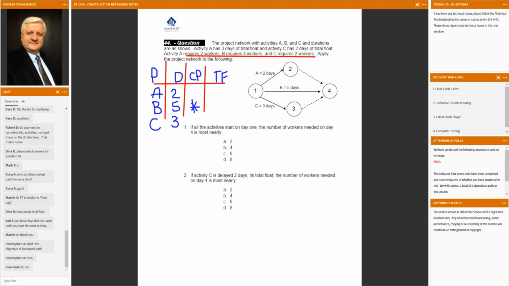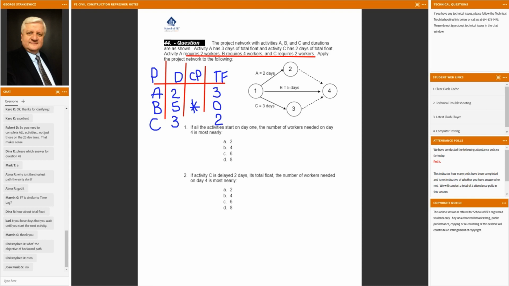Now we're going to calculate the total float. If the total duration of the project is 5, that's our critical path. 5 minus 2 is equal to 3. 5 minus 5 is equal to 0, but I didn't have to do the math. I intuitively know that it's a 0 because it's on the critical path. 5 minus 3 is equal to 2 days of total float. So we completed this fairly quickly, and we're understanding all the principles that we just learned in this entire chapter